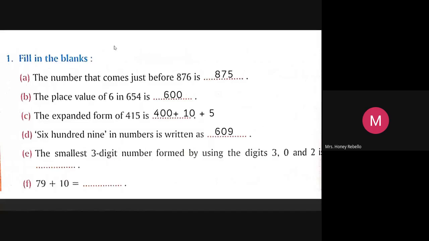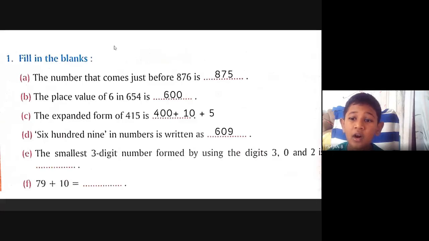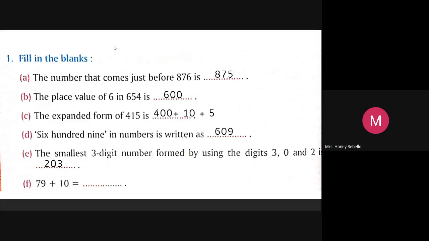3-digit number formed by. You don't worry about all the written work. Smallest 3-digit number. And you must not start with 0. Actually, from small, it's coming 0 to 3. But you write the next smallest number first. Tell me the number. Smallest 3 digits. 203, ma'am. Very good, present. You are getting 10 marks for it.